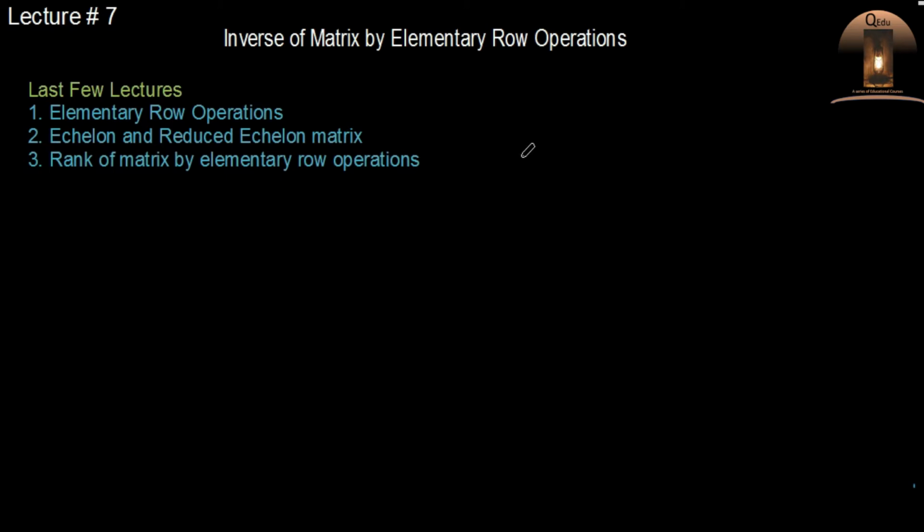So now in this lecture we will discuss how to find out the inverse of a matrix by elementary row operation. Before going to this, what is the inverse of the matrix? Suppose A is any number, then we know that the additive inverse of this number is minus A. When you add this number to A, you will get the additive identity, that is 0. Similarly, the multiplicative inverse of this number is 1 upon A. When you multiply this with A, you will get the multiplicative identity that is equal to 1. That is in the case of numbers.